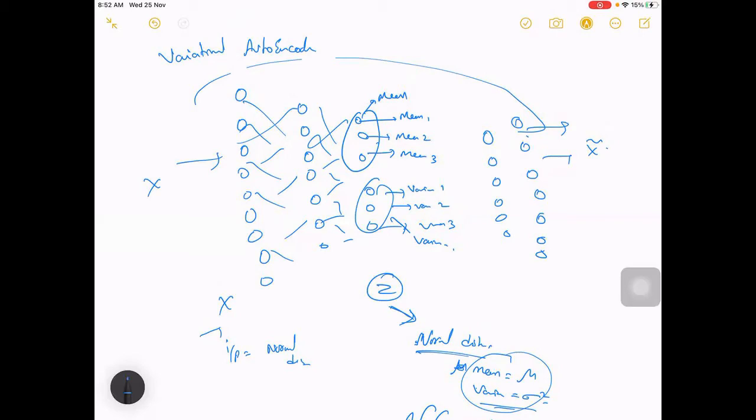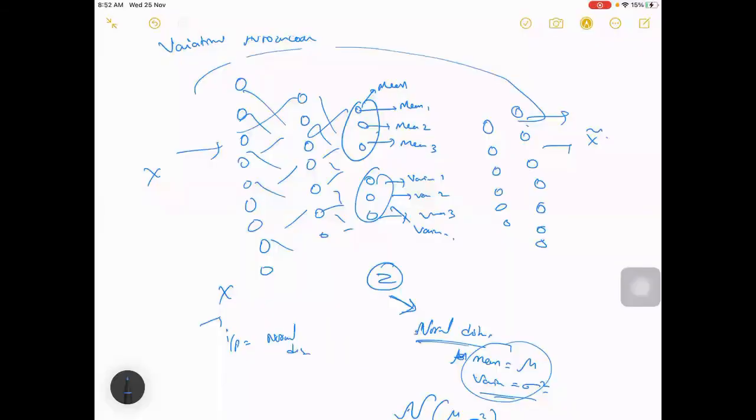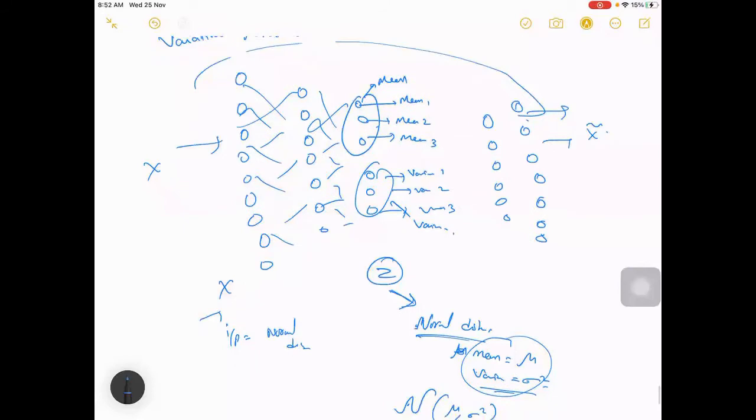Here these are mean and variance, right? While training, we need data for reconstruction, and we need a single value from each of them. So from mean 1 and variance 1,